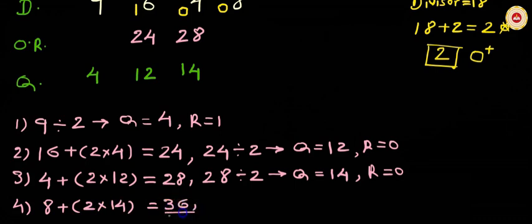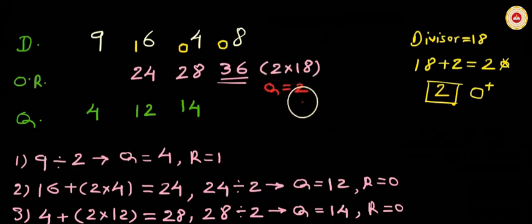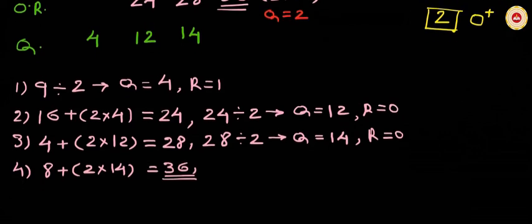So this 36 is the last osculation number, and we write 36 below the last digit. Write the last osculation result below the last digit in the dividend. Now friends, observe this 36. This 36 is 2 times the divisor 18. Okay, so the quotient in this part is 2. We will use this quotient 2 later, but first let us find